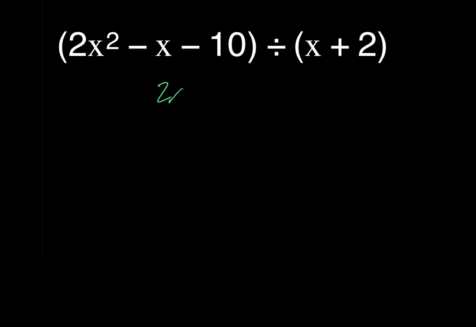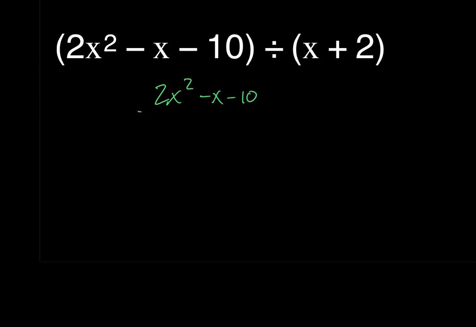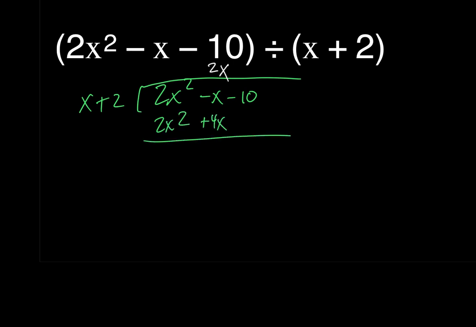Do another one of these, and then I'm going to show you a shortcut. X squared minus x minus 10. That is already in descending order, so I'm going to divide by x plus 2. So then I get here, this is going to be 2x, which will give me 2x squared, and then plus 4x. I'm going to be subtracting